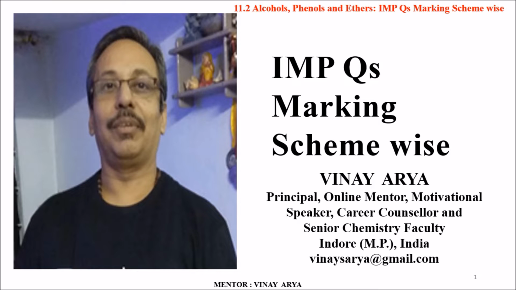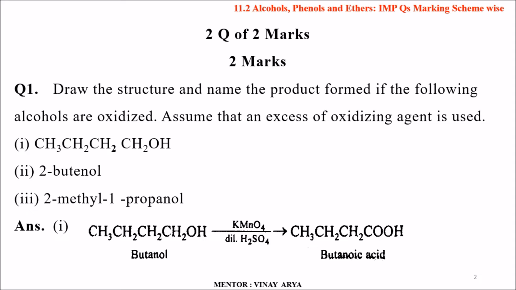Alcohols, phenols and ethers is the 11th chapter of the CBSE syllabus, and over here, as per the marking scheme provided to our students, there will be 2 questions of 2 marks. So let's deal with only 2 questions from this chapter. This is a scrutiny which is to be done so that it's easier to only practice the questions which are probably to be asked in the examination. The first question says, of 2 marks,